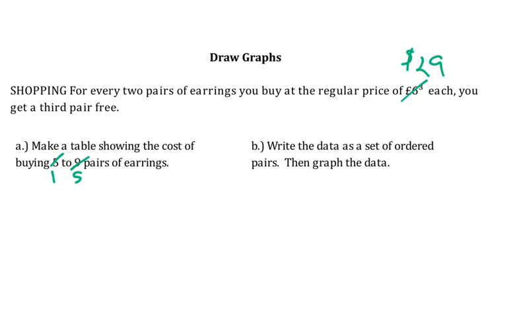Draw graphs. Shopping. For every 2 pairs of earrings you buy at the regular price of $29 each, you get a third pair free. So you can ignore these mess-ups in the background. There's something with the printing going on. So the first thing we're told is to make a table showing the cost of buying 1 to 5 pairs